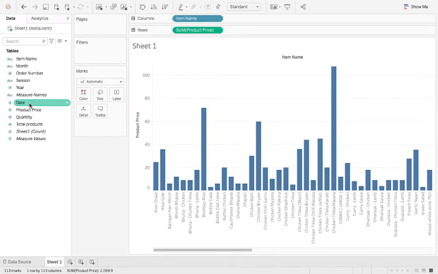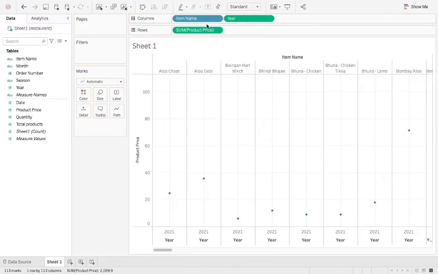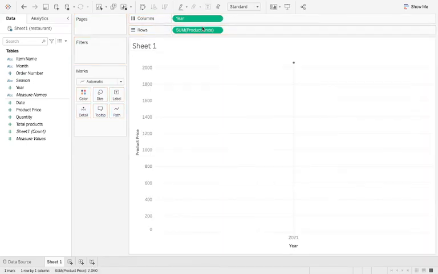Now what you can also do is, if I want to sort this by year, if I add my year here and I just remove this for now, so all you need to do is just drag and drop.